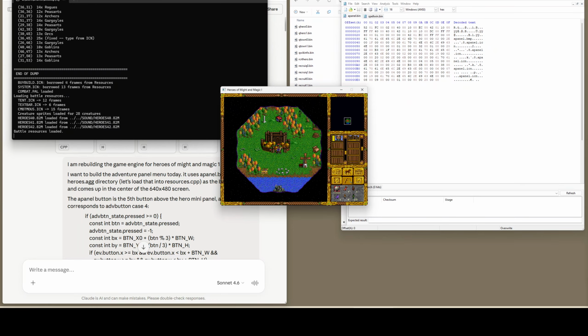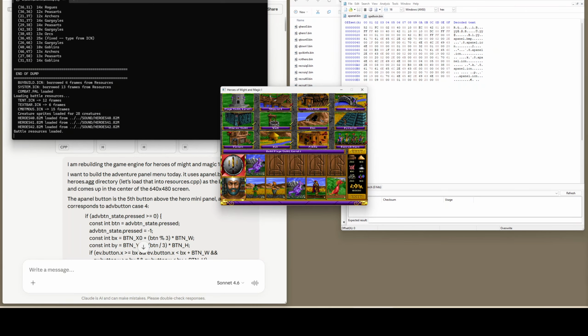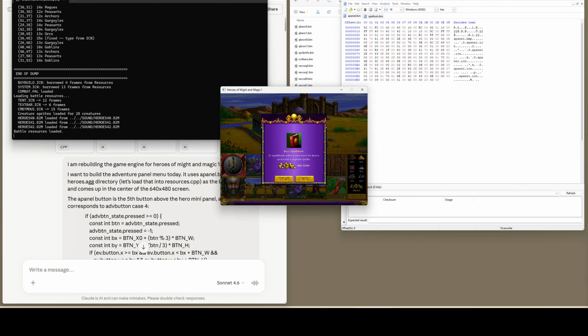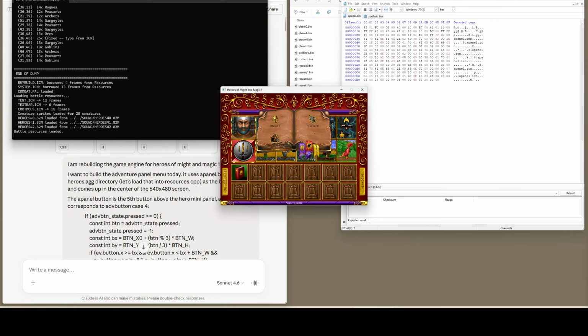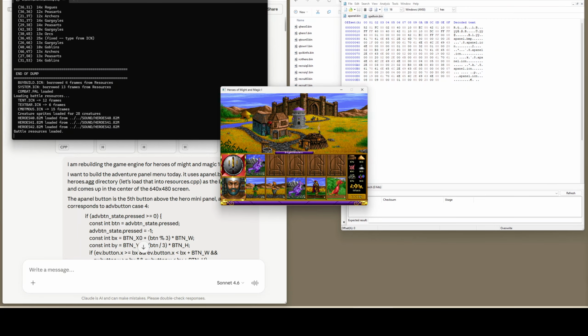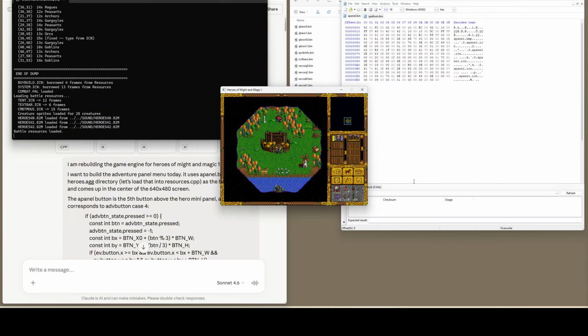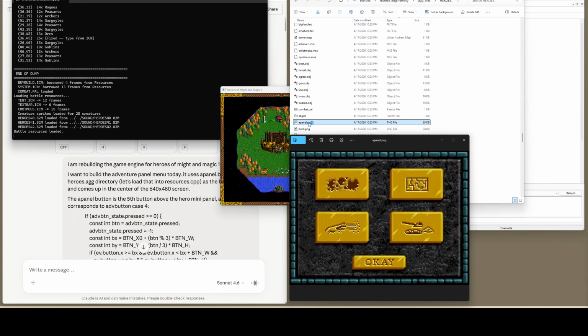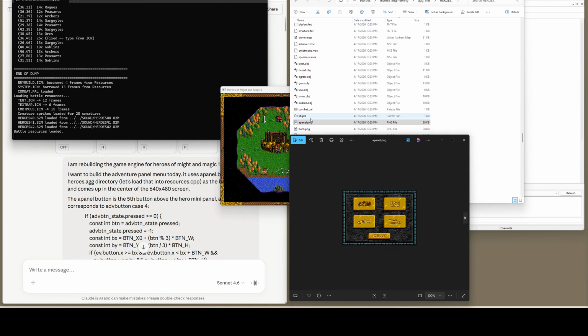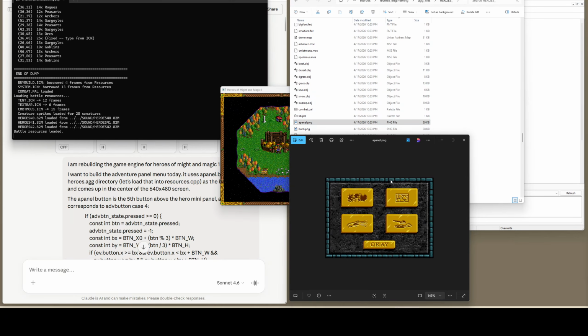You can see I don't have it implemented here. What I do have is a spellbook viewing setup here, so we can see the different spells in the spellbook, whether adventure, whatever. So we should be able to also generate the view of the spellbook from that screen as well. Again, this A panel is in the base of heroes.agg,